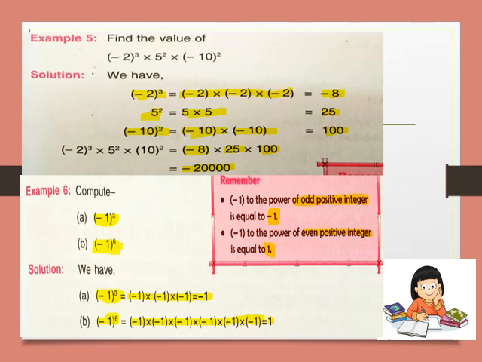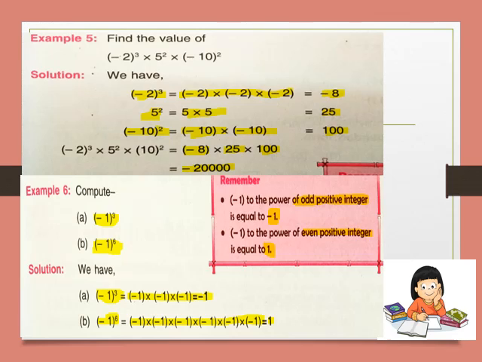Now see here some different questions. Minus 1 raised to the power 3 and minus 1 raised to the power 6. Now minus 1 raised to the power 3 means what? Minus 1, how many times? 3 times we will write. So the minus sign stays as it is, multiplication of 1 is 1 only. And minus 1 raised to the power 6 means what? Minus 1, how many times? 6 times. The answer is 1. Why? Because here the power is 6, so the negative numbers are in even number.